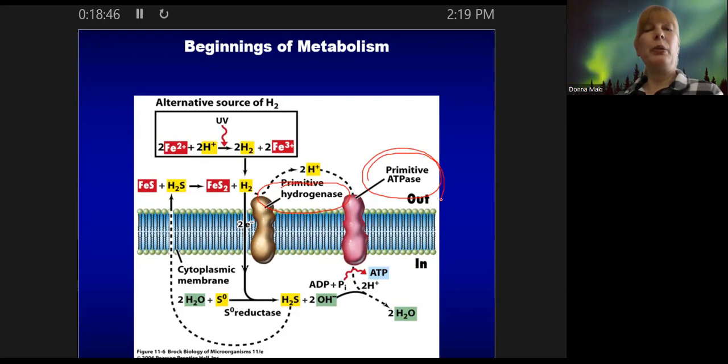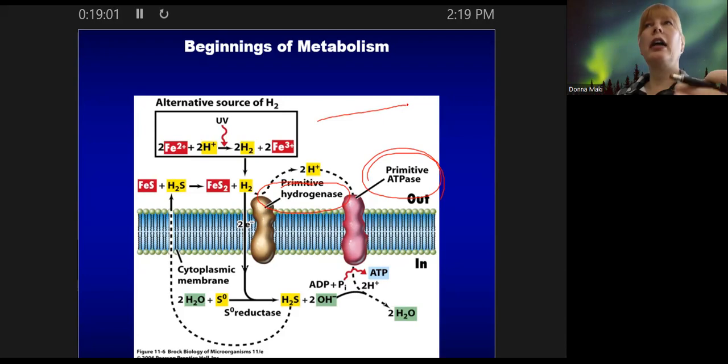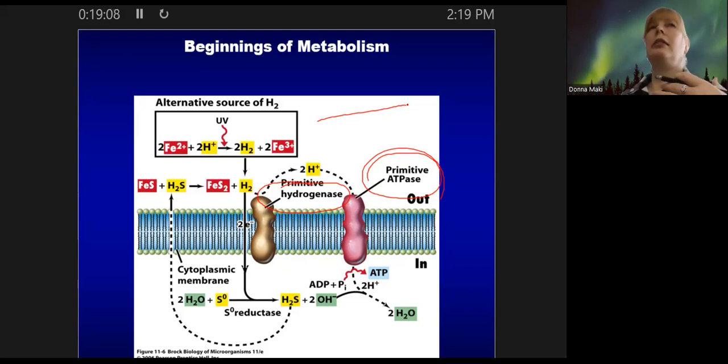Now, you have a couple of things happening. The things above the membrane are what's happening outside the cell. And so what they're showing here are a couple of reactions. And in the box, that is ultraviolet light. They're saying if you can have some ultraviolet light energy in the area where there's some iron and some protons